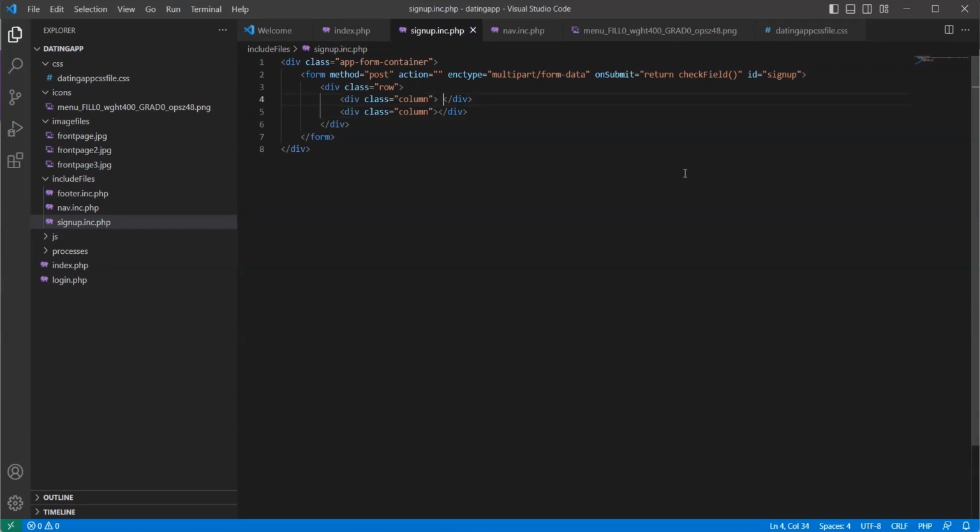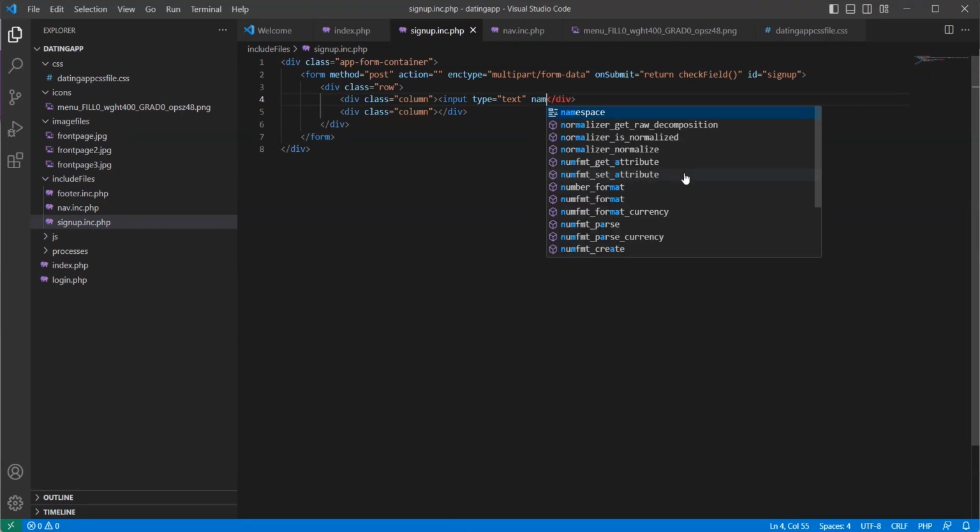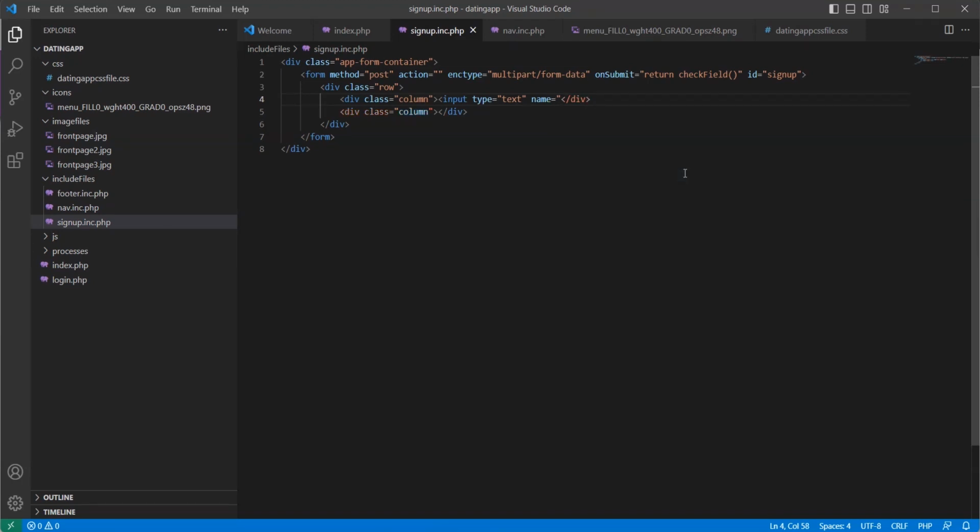let's add an input element, input type equal text, name equal first name, and then ID equal first name, then class equal app-user interface